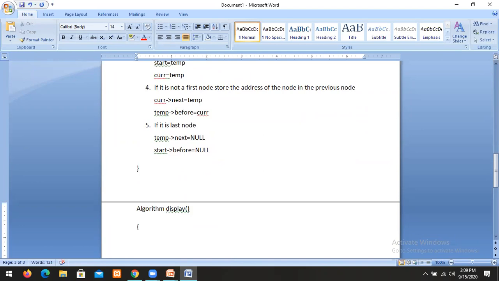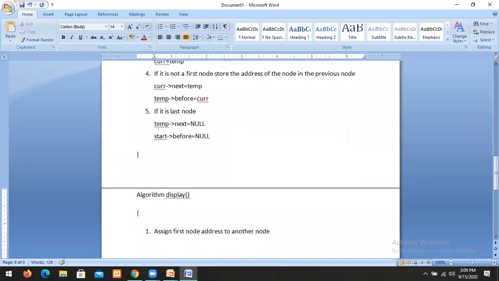To print the elements, first you have to assign the starting node address to one variable. Assign the first node address to another node.